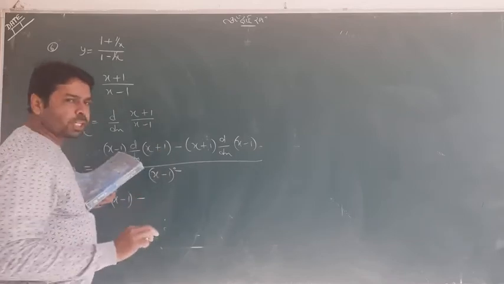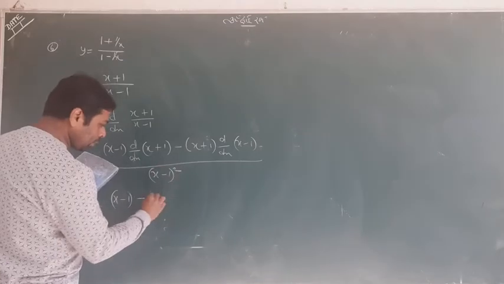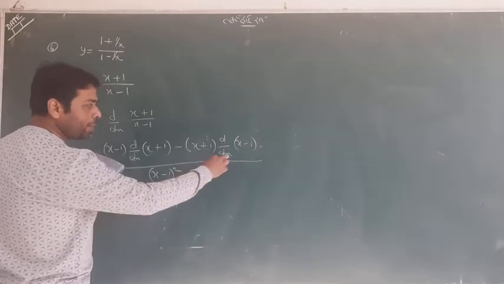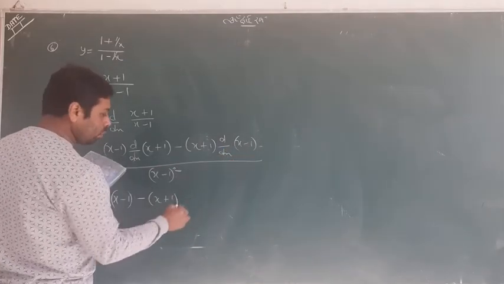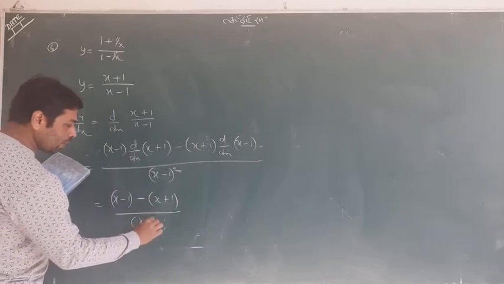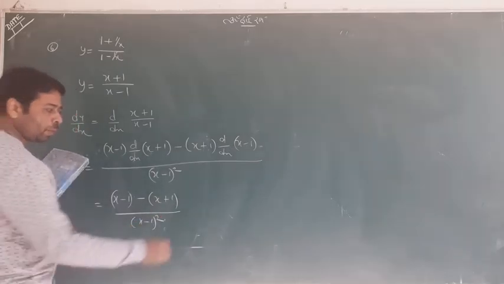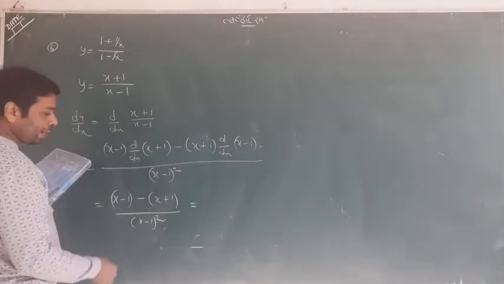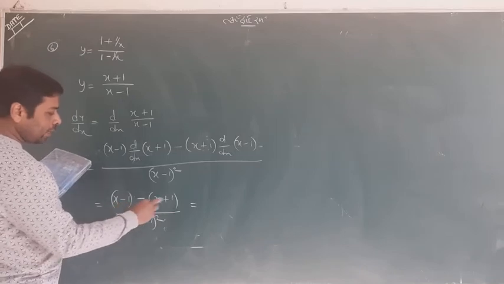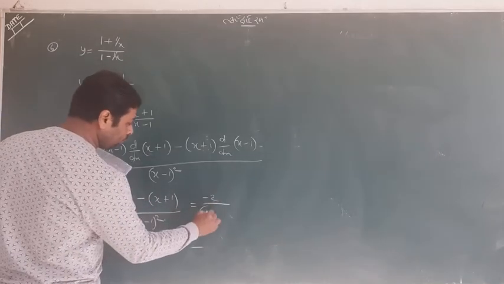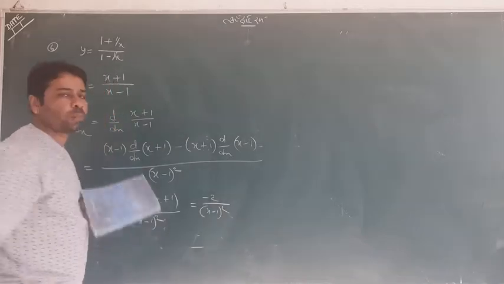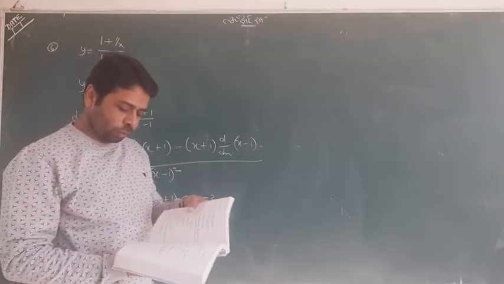So I am not interested to write 1 there. Minus (x plus 1), d by dx of (x minus 1), d by dx of x is 1 and 1 is 0, so 1 is also there. So lastly we are having this kind of condition. One can understand, when I open the bracket, minus x and x cancel, and minus 1 and minus 1 is minus 2 upon this one. So this is a very simple answer we have got.